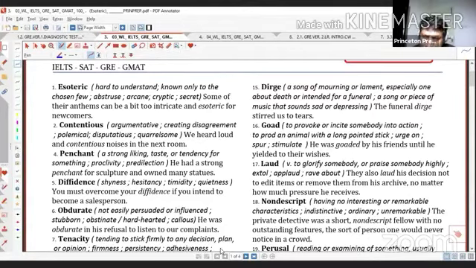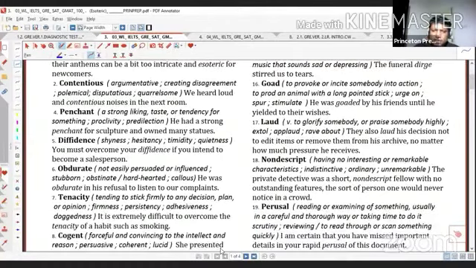আমাদের ক্যামেল, আচ্ছা, আমাদের goadটা হচ্ছে to stimulate, to push like that. He was goaded by his friends until he yielded to their wishes. He was goaded by his friends. Number 17